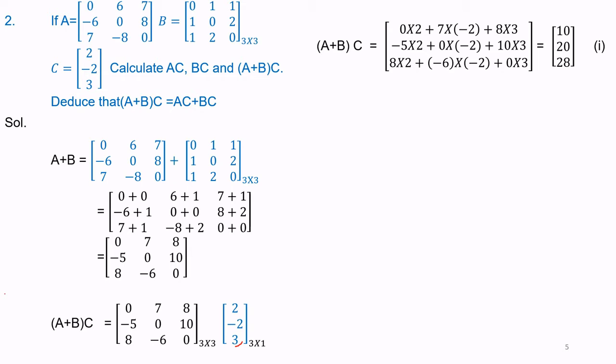So first row is 0 7 8. So we get 0 into 2 plus 7 into minus 2 and 8 into 3. First row. Second row is minus 5 into 2 plus 0 into minus 2 plus 10 into 3, 30. The last row is 8 into 2 minus 6 into minus 2 plus 12 and 0 into 3. So we get 10, 20,